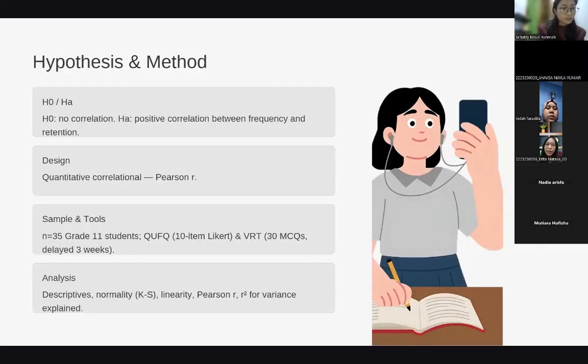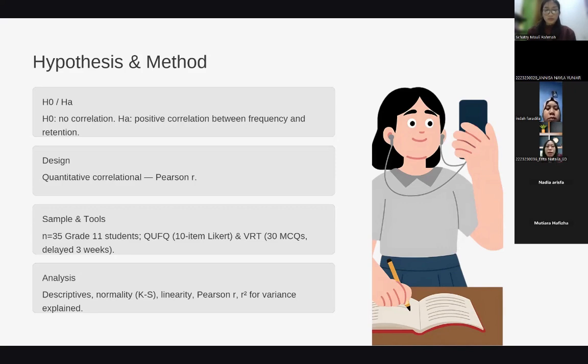For my hypothesis and method, my hypothesis was there is a positive correlation, which means the more frequently a student uses quizzes, the better their vocabulary retention will be. To test this, I used a quantitative correlation design. My sample consists of 35 grade 11 students. To get my data, I used two tools.